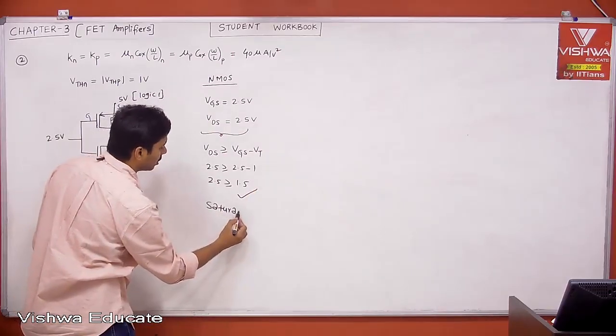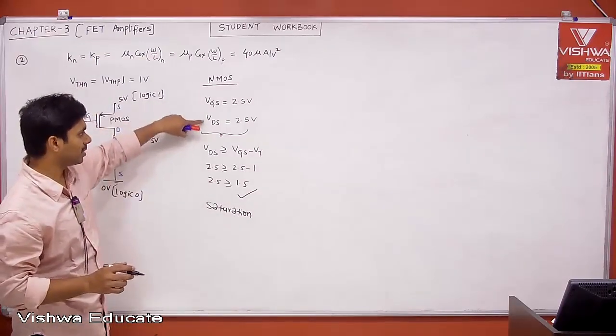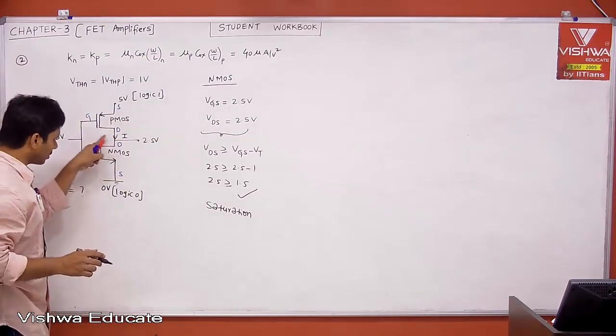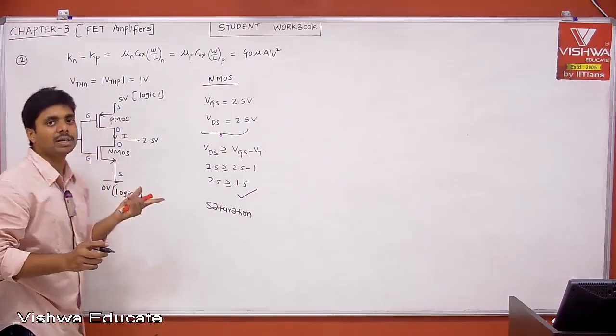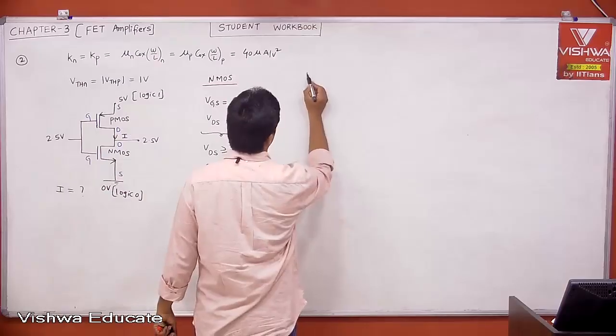Or I can say directly, VGS is equal to VDS. Equivalently, gate is connected to drain. Therefore, a diode connected MOSFET will always be in saturation. Okay, fine. Now, if you take PMOS,